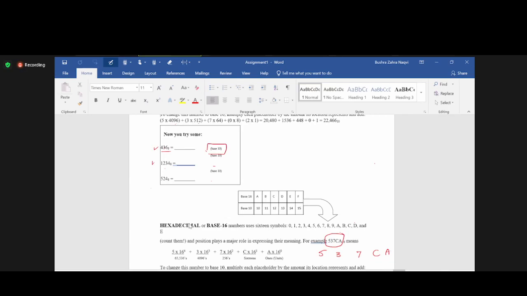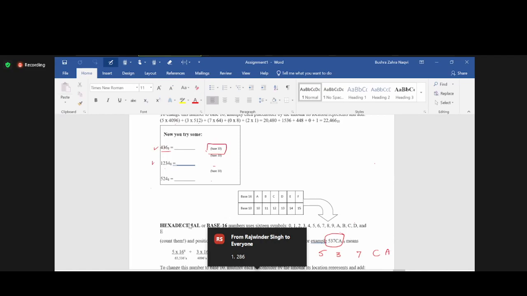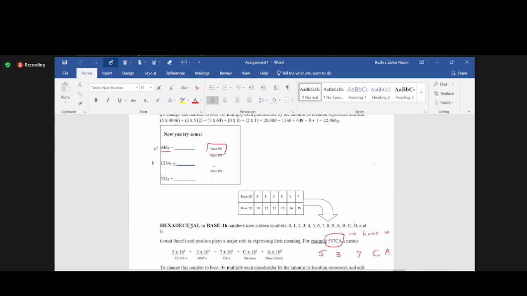All right. So what to do to convert it into base 10? Same method, just the base number is going to be changed. So what is the weight for this? You know how to write weights. Remember the weighted position for every number. Every number has its weighted position, right? So all you need to do,